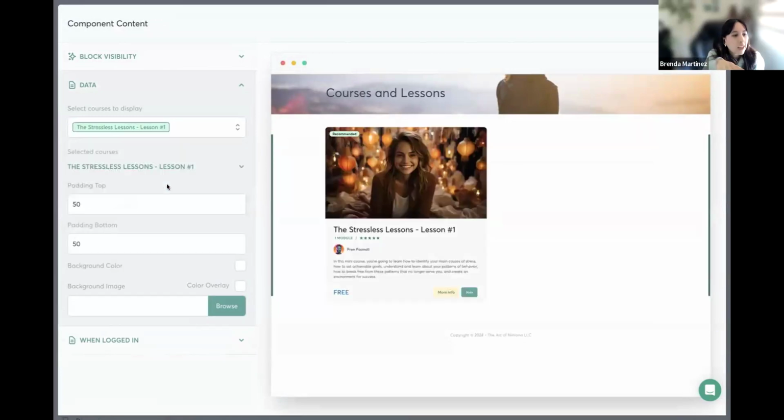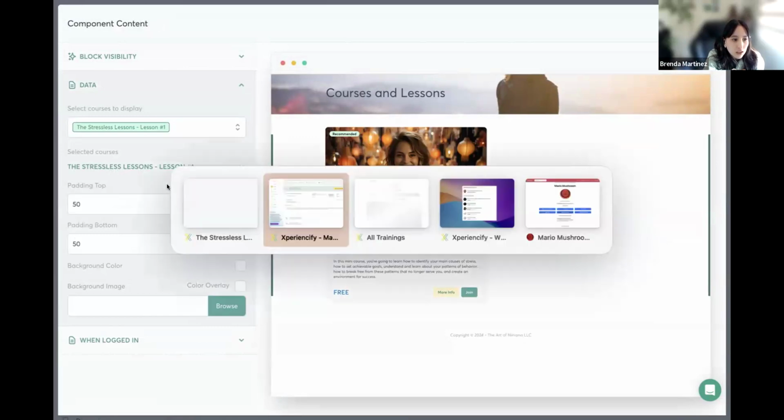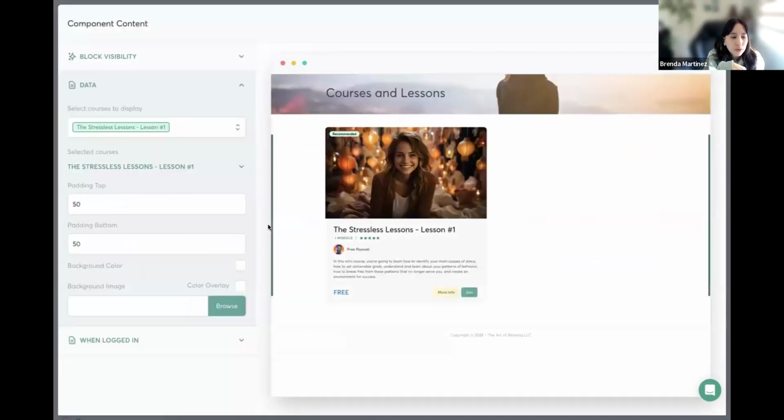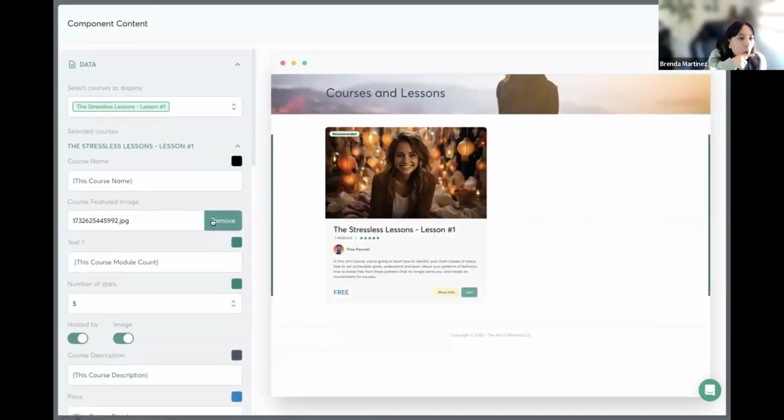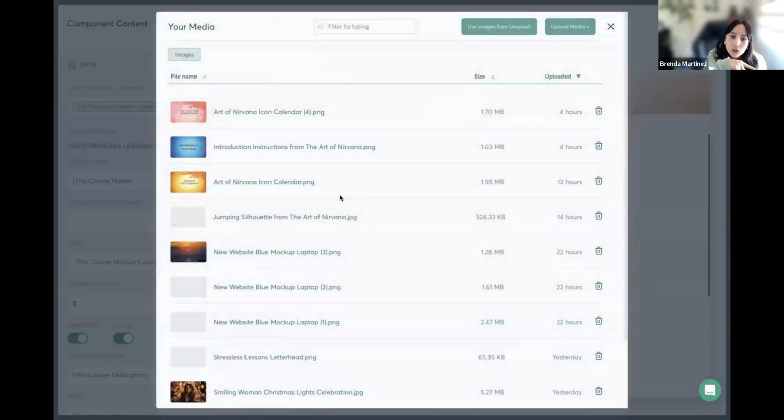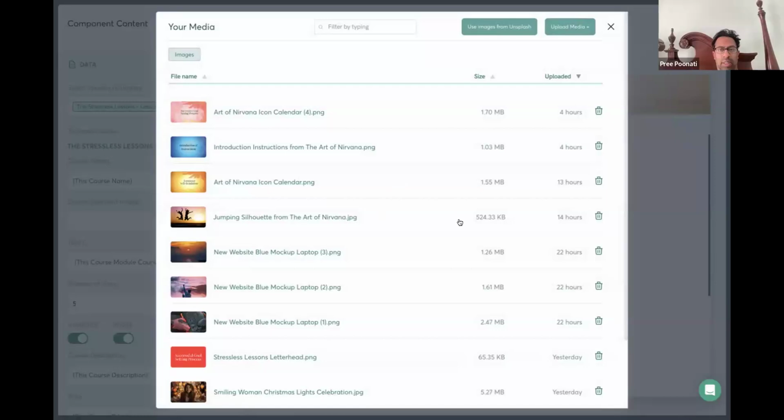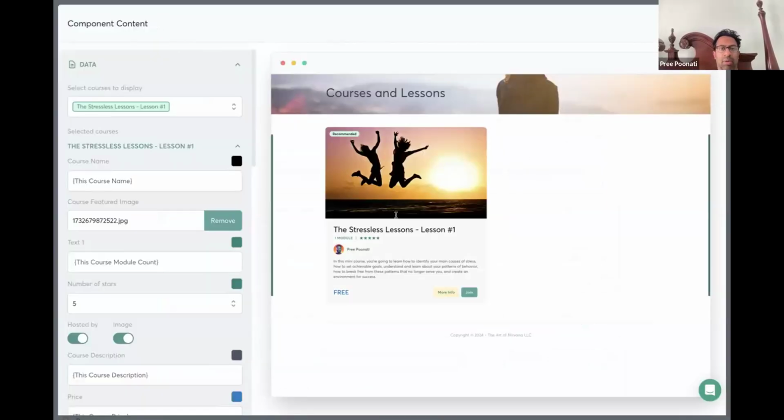Okay, let's open the stressless lessons, lesson 1. The green, no, right back where you are. Click on the green one. Because if you remove that one, the other one should show up. Well, this is the one I wanted anyways. Oh, okay, perfect. There we go.